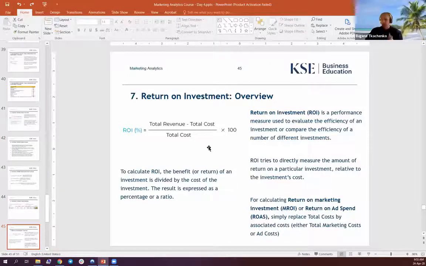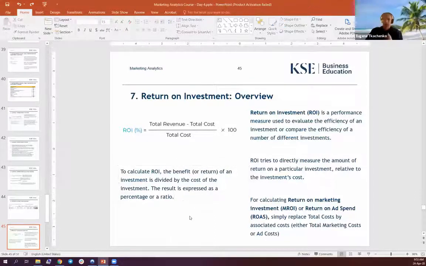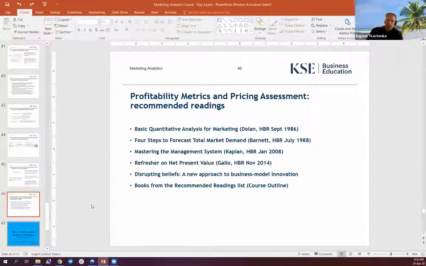So the formula for return on investment is simple. You take the total revenue, subtract the total cost, divide by total cost, and multiply by 100% because it's a percentage. ROI is always a percentage. So basically, ROI, in other words, is just a matter of the efficiency you're getting for your project over time. And basically, that's it. So we had, or we will be having, 7 metrics to calculate. I see the question.